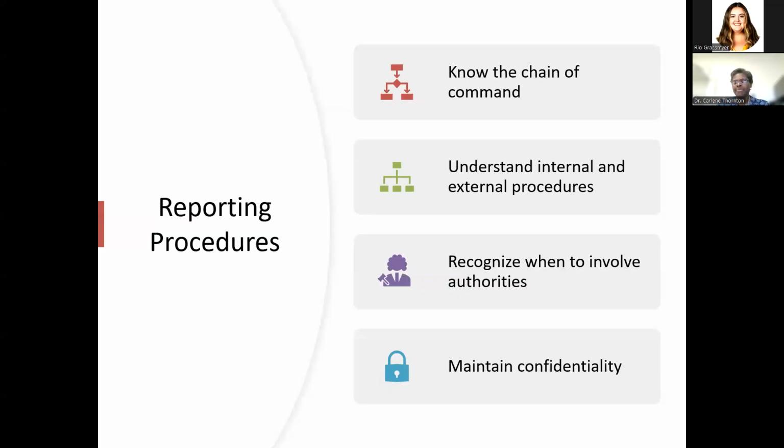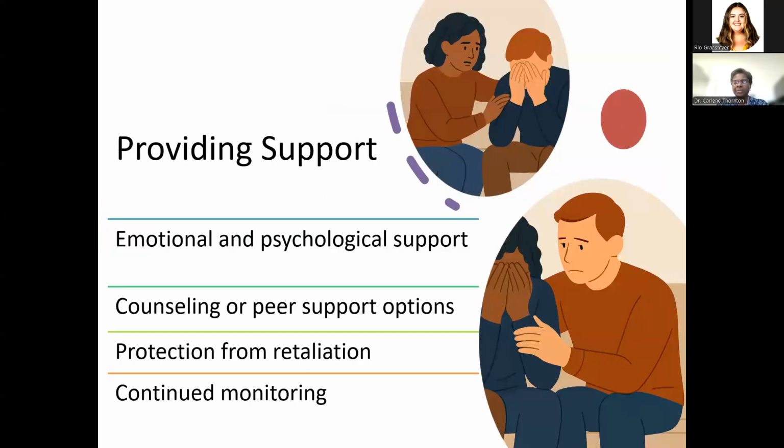We have to speak up. And it's very important that when someone comes to us to report an incident, that we maintain confidentiality, that we only reveal the information to those that have a need to know. We have to make sure we do not isolate the victim, that we do not investigate ourselves. We have people to investigate. That's why we need to report it. But we have to maintain that confidentiality and make sure that our reporting is done in an appropriate manner. And even if we're having discussions, that those discussions are being provided in an environment that is safe.